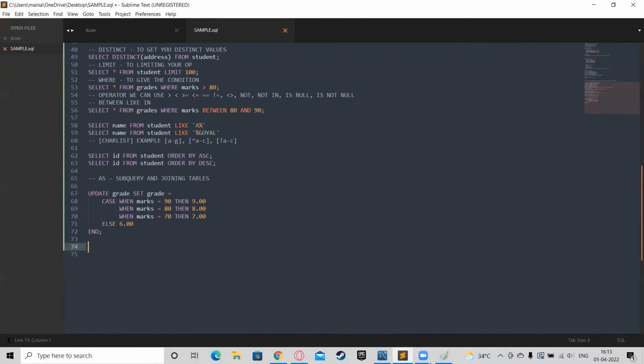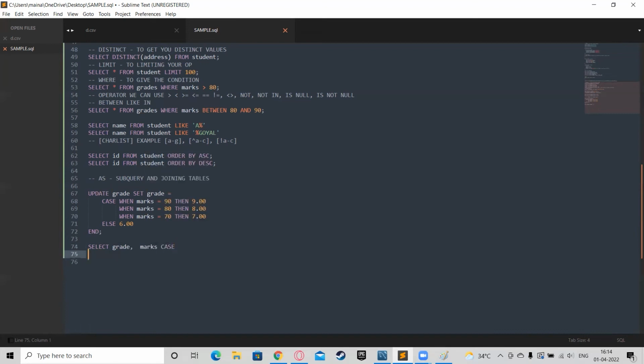Suppose before update, which column we want to use. Suppose write grade and marks. Select grade and marks. Then